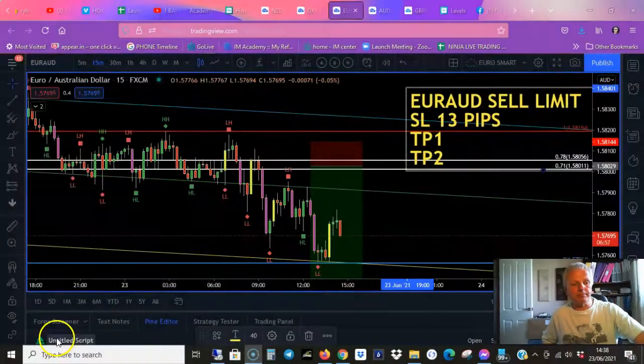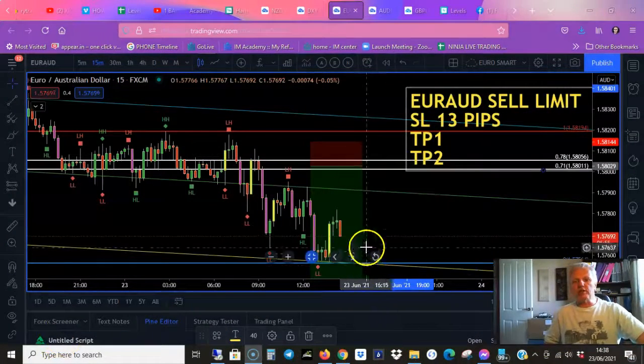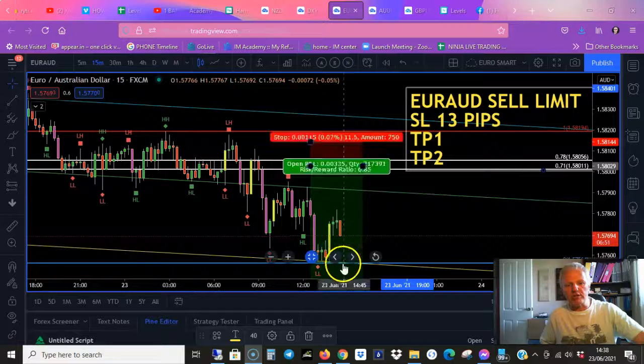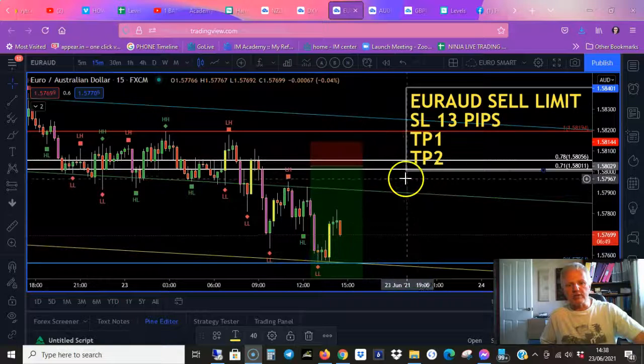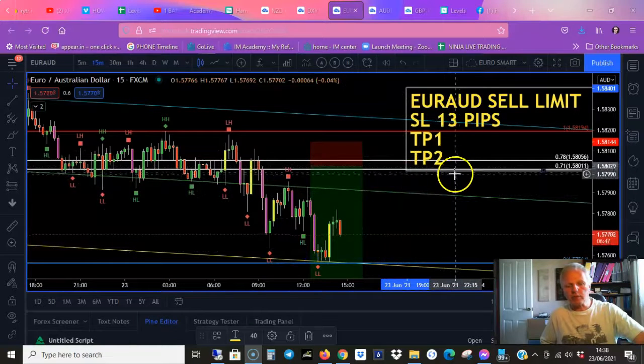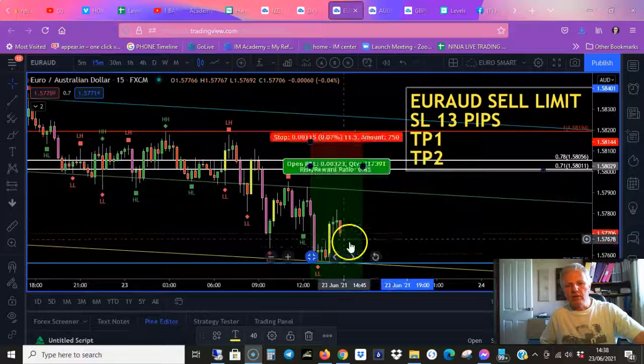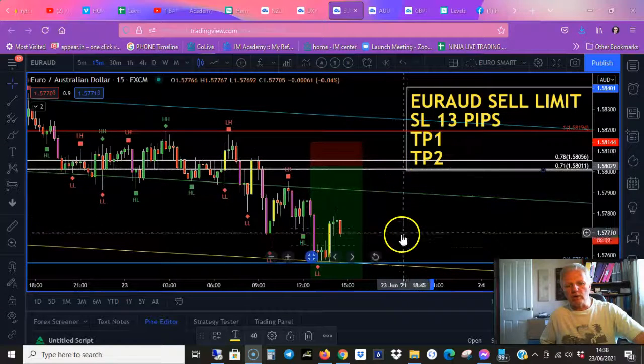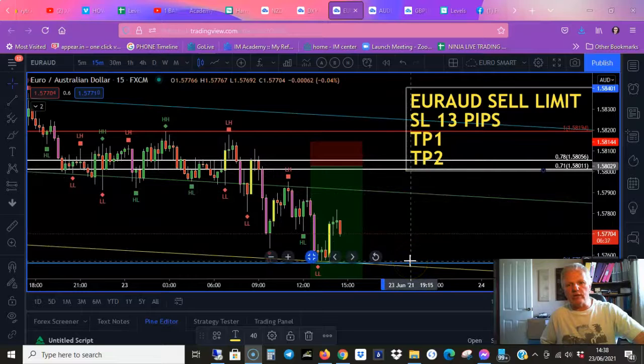So if I just share the screen with you a bit. So here's the signal. I've hidden all the coordinates, but basically I'm looking for price to come up here to give us a sell on the EUR AUD. Looking for price to enter this zone. So we got a nice little sell on the EUR AUD, but as I said,